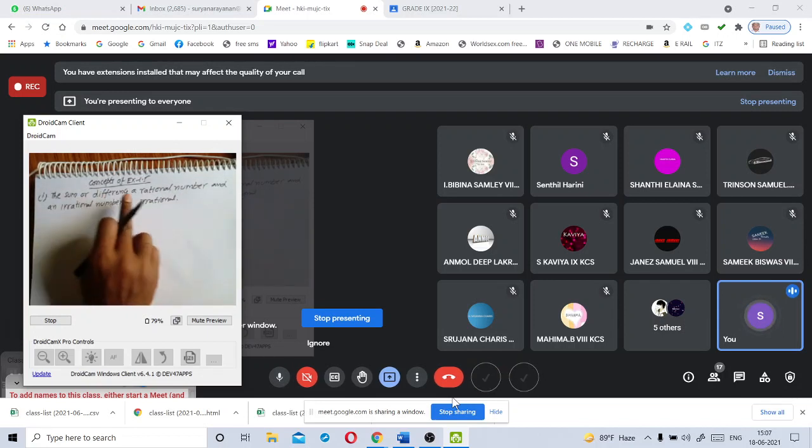The sum or difference of a rational number and an irrational number is always an irrational number. For example, you know that